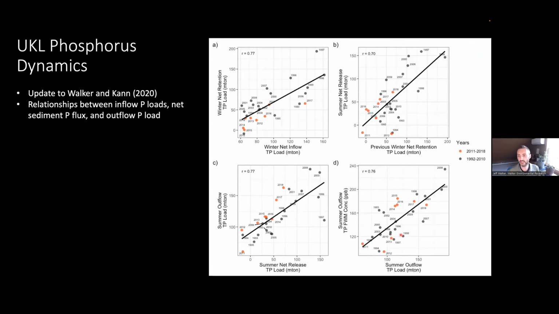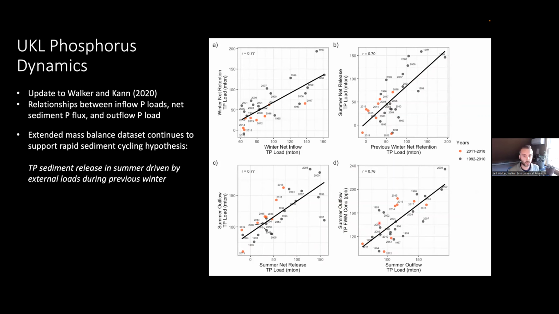And so these correlations look like this, just a series of scatter plots. So in the top left, we've got that winter net inflow load being positively correlated with the net retention load in winter. And then the net retention load is correlated with the following summer's net release. And then this summer's net release is correlated with the summer outflow load. And the outflow load is correlated with the outflow concentration. So this series of correlations